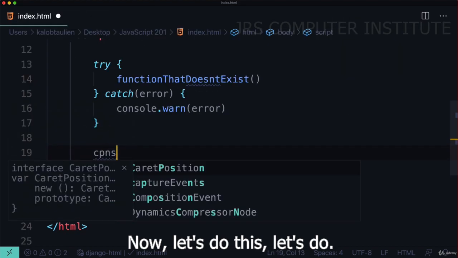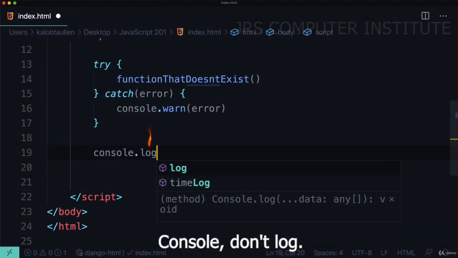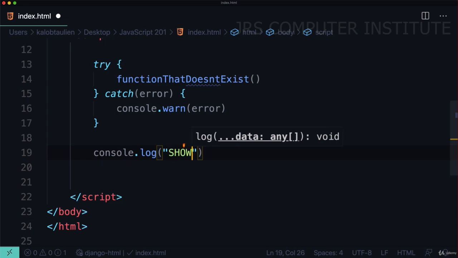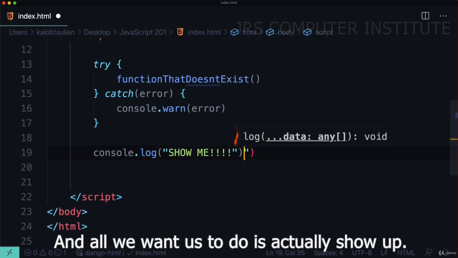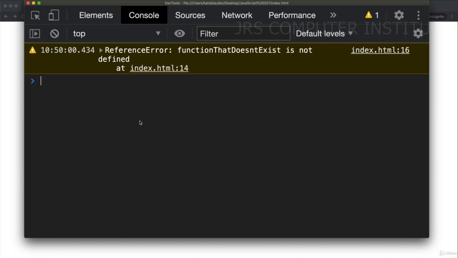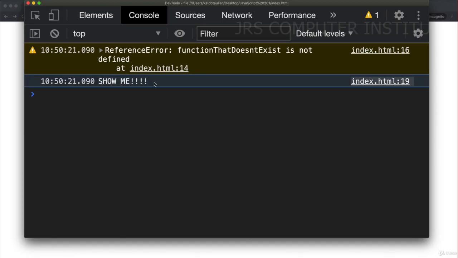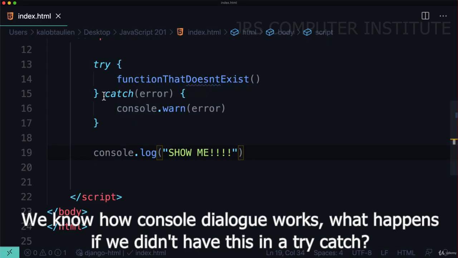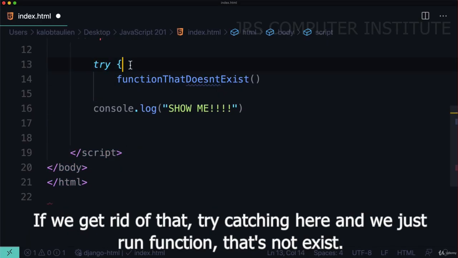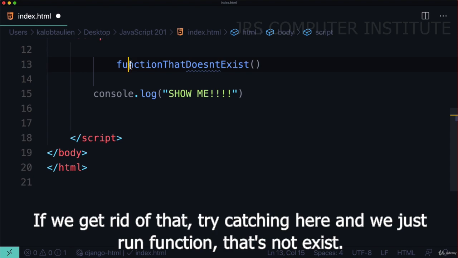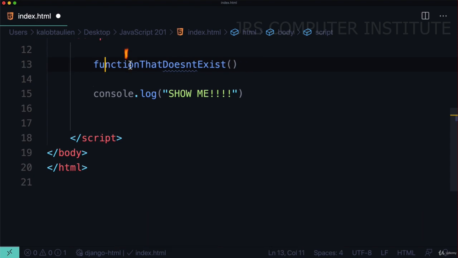Now, let's do this. Let's do console.log show me. And all we want this to do is actually show up. Cool. We've done this a million times. We know how console.log works. What happens if we didn't have this in a try catch? If we get rid of that try catch in here and we just run function that does not exist,